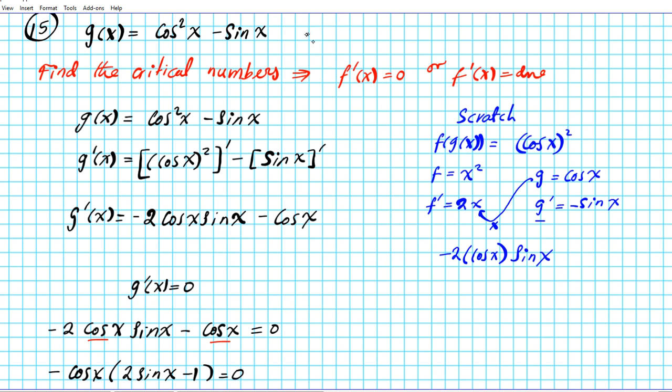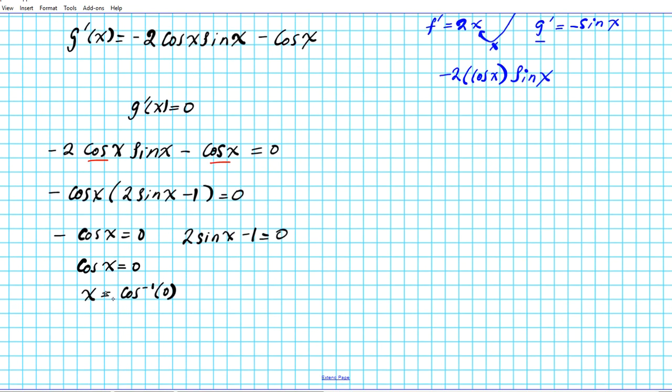Let's say we're looking for the critical numbers on the domain from 0 to pi over 2, included. With that in mind, let's solve cosine x equals 0, or the inverse cosine of 0, in the domain that we were given. What x value